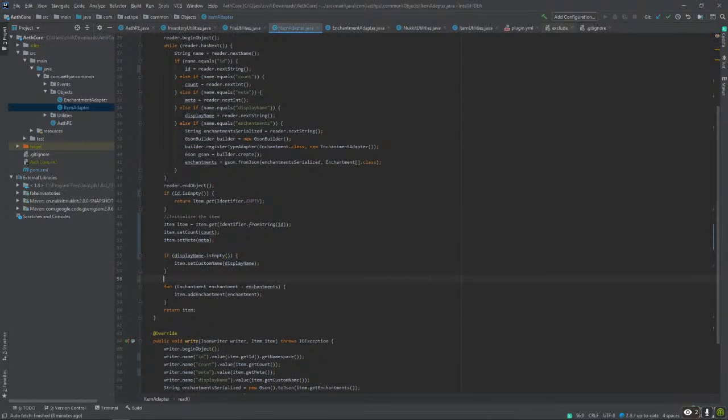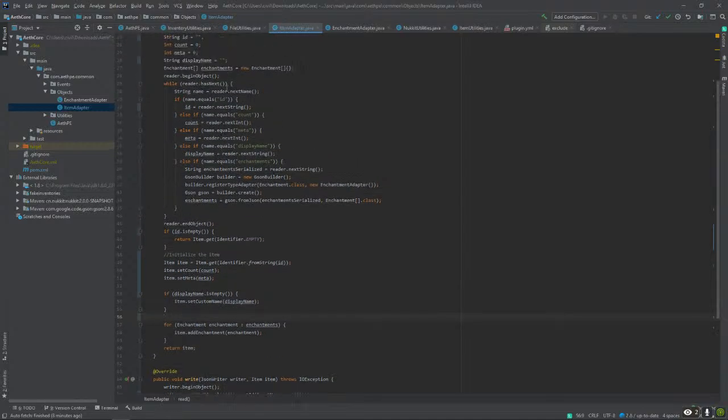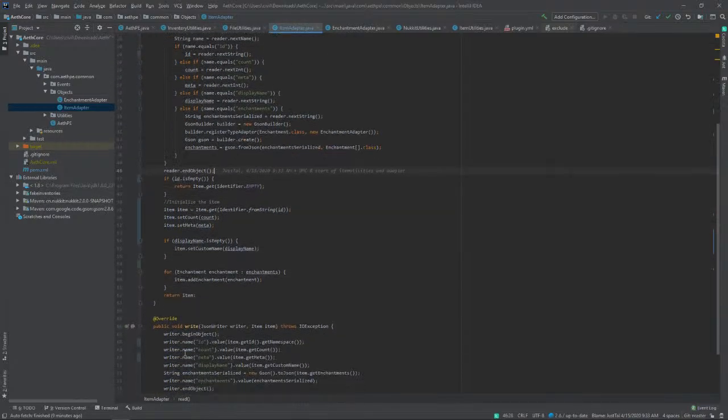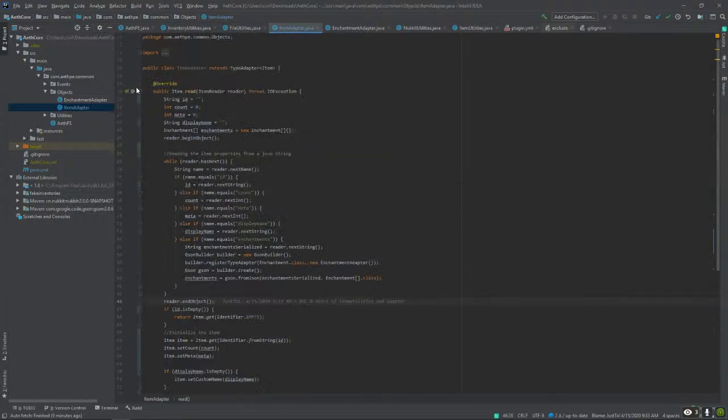That's for some performance enhancements. So from here to here, it's reading the item properties from a JSON string. And then it initializes the item and then returns the item. Okay, so read should be finished now.